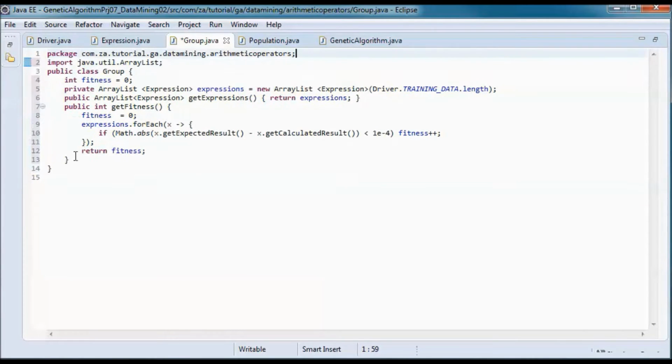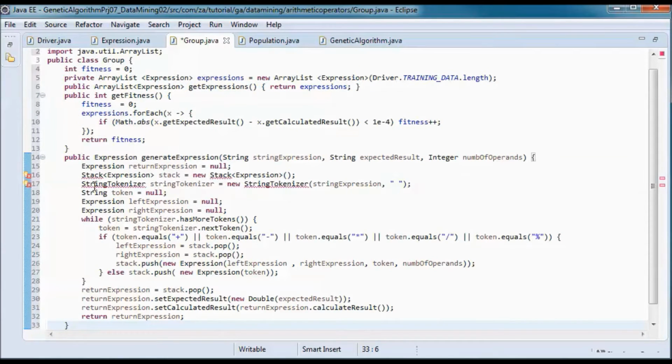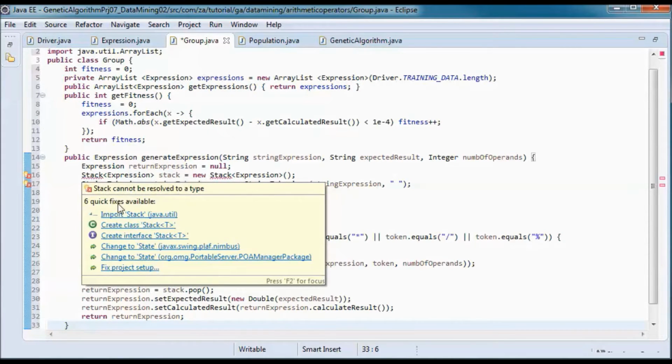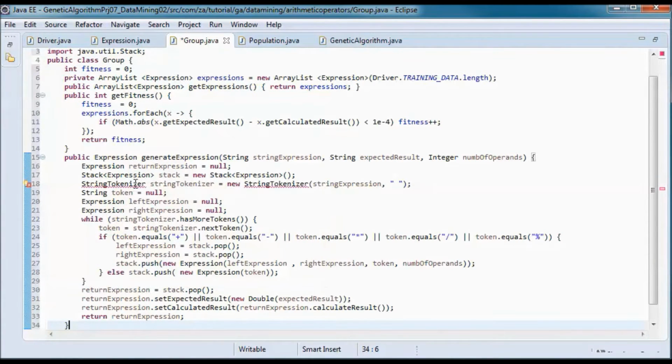And we will have a generate expression method that takes a string expression and an expected result as a string and a number of operands for convenience, and returns an expression instance.